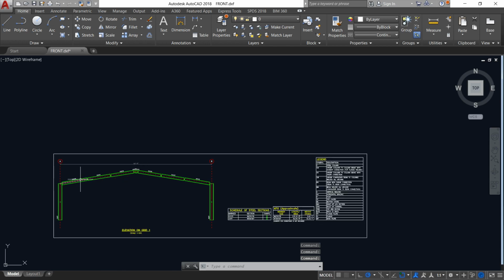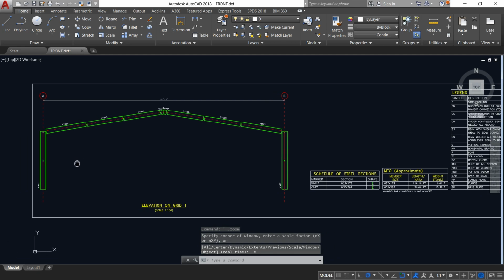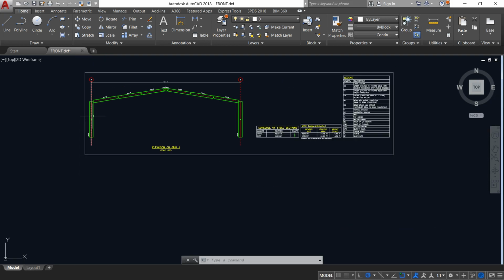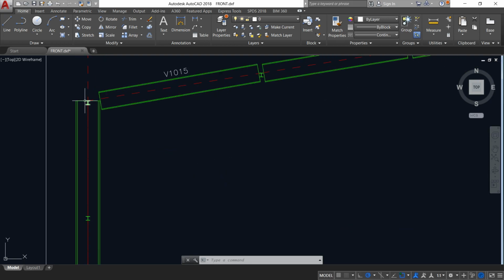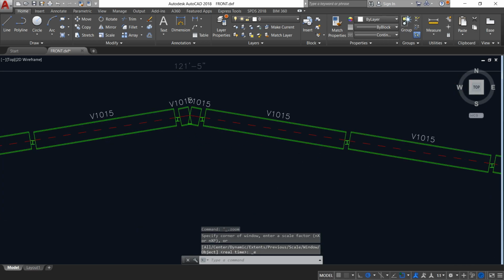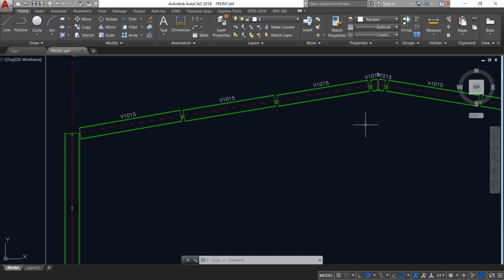So here you can see easily, for example, this column is given a name C977. This is the mid-level beam, and this is the top level beam shown over here, and this beam is shown over here like this: B1015, 1015, 1015, 1015.